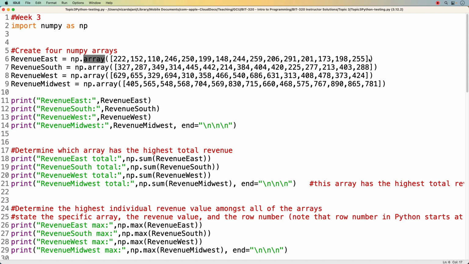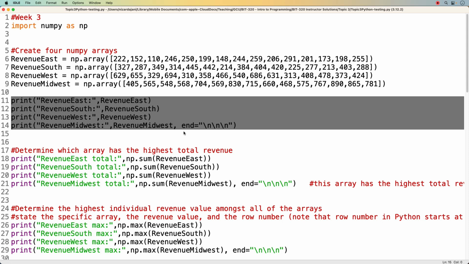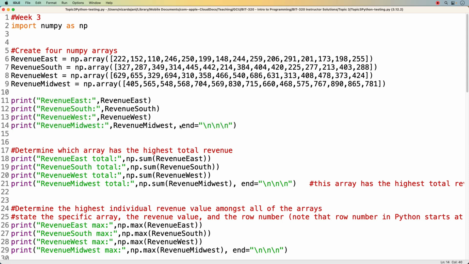Again, array is the same thing as list. Okay, now once we have those values, again, I like to print things out so I can see what I'm getting back. All right, and I'm ending the very last one. Well, it's a print statement, and I'm basically going to include a string that says revenue midwest followed by a colon, and then I'm going to append to it the value of whatever revenue midwest holds, and then at the